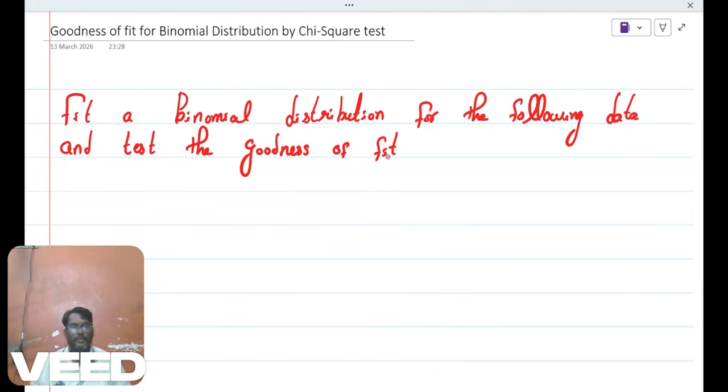Here we are going to use the chi-square test to test the goodness of fit. The data is